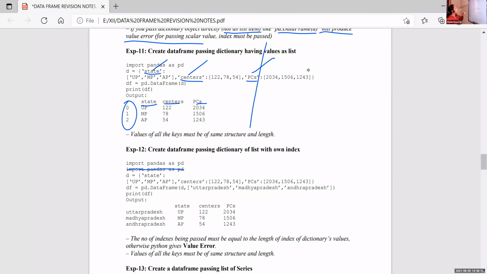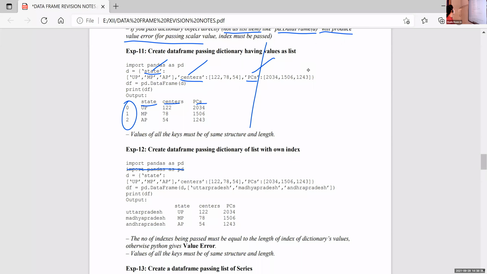Here there is no need because we are using a key with a list. When we are using a key with a list, just create the data frame using normal round brackets, the function round brackets.